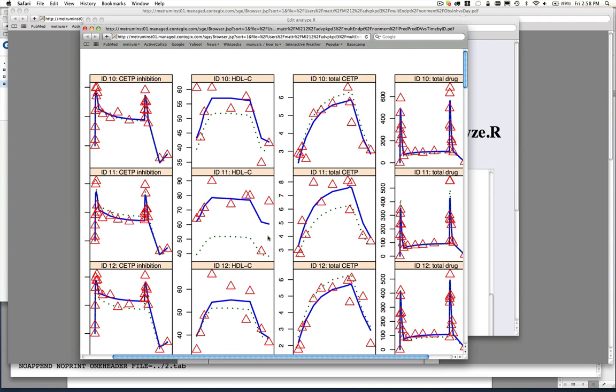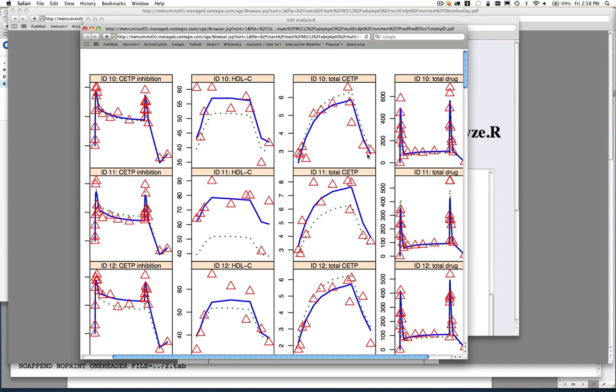Just keying in on one individual here, we can look at how well we fit versus the observed inhibition data, the change in HDL cholesterol, the change in total CETP, and again here you can see the return to baseline occurring for